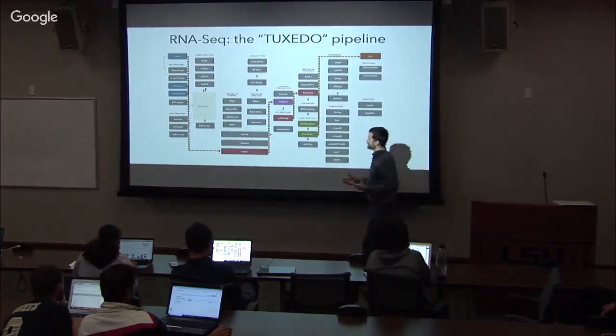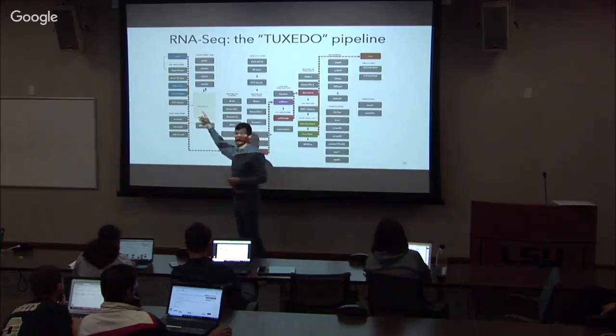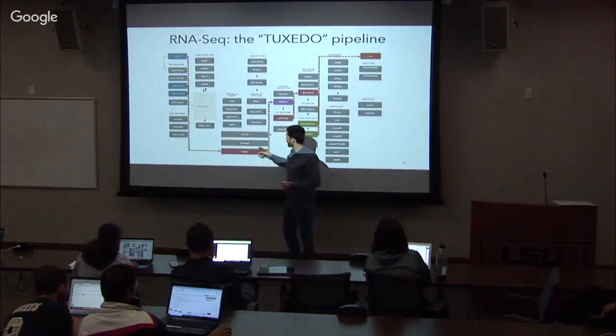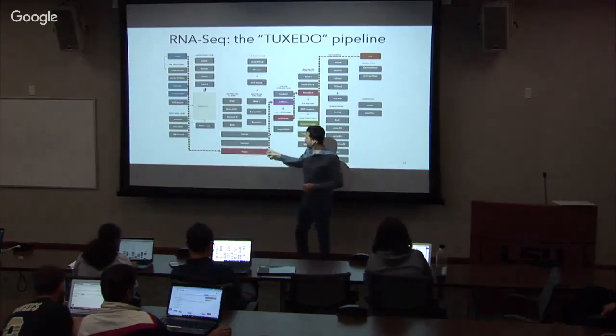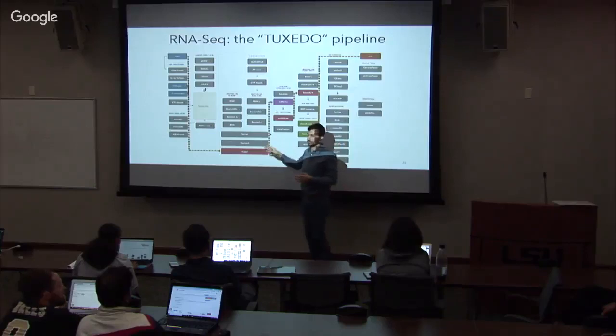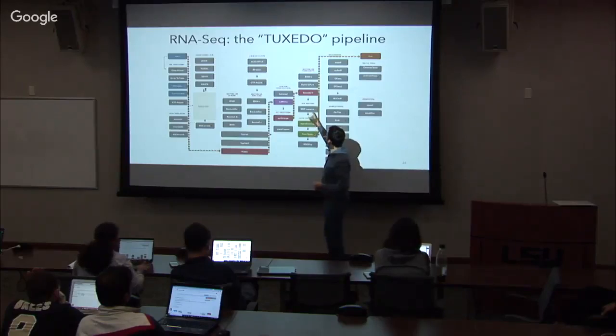You can see that we included some pre-processing steps right here, Trimmomatic and PCR clean. Then we went over here and utilized HISAT or TopHat, which are alternatives of the same algorithm, from here all the way to over here is going to be